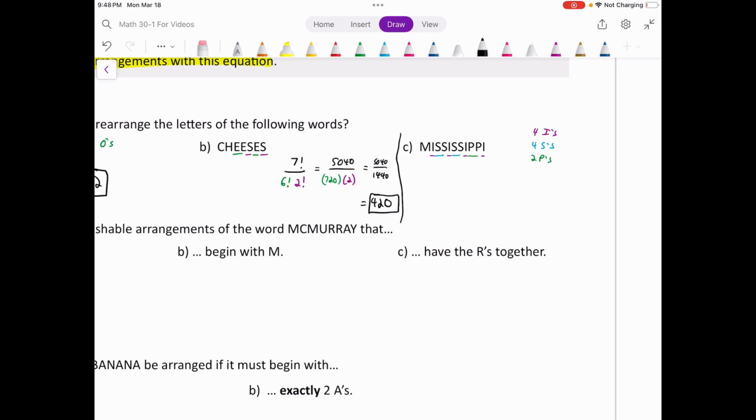So 11 letters. So there are 11 factorial ways to arrange 11 letters. But we're including too many to actually figure out the unique arrangements, because 4 factorial of those just come from swapping around the I's. 4 factorial of them just come from swapping around the S's. And 2 factorial of them just come from swapping around the P's. Okay? I shouldn't say that many of them, but a factor of that many, right? We multiplied by the 4 factorial ways there were to arrange the I's, but none of those are actually different. So we're dividing those out. So this gives us